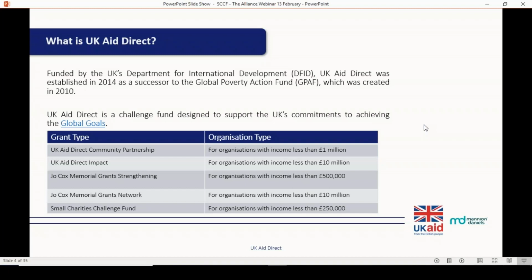So finally, we have our Small Charities Challenge Fund, otherwise sometimes known as SCCF. That's for small organisations like yourselves with an income of less than £250,000.